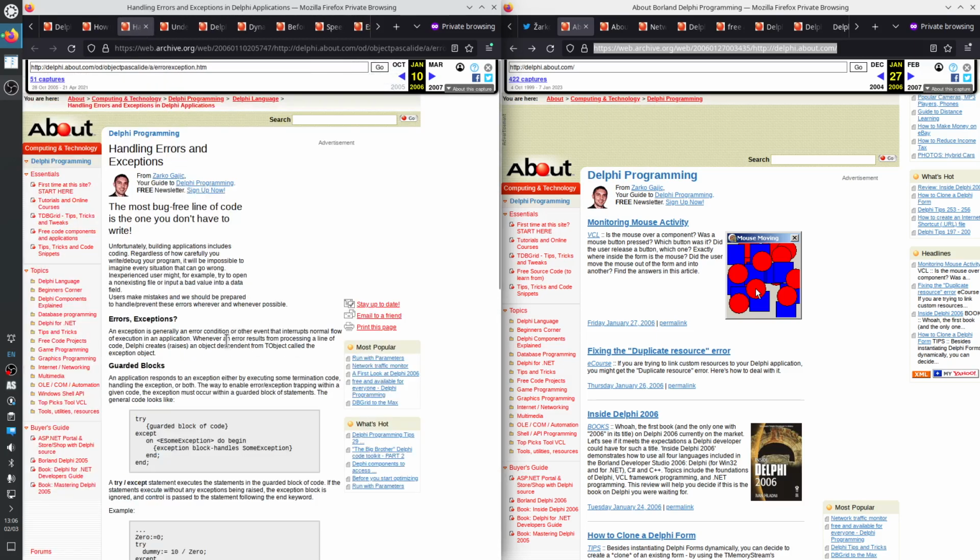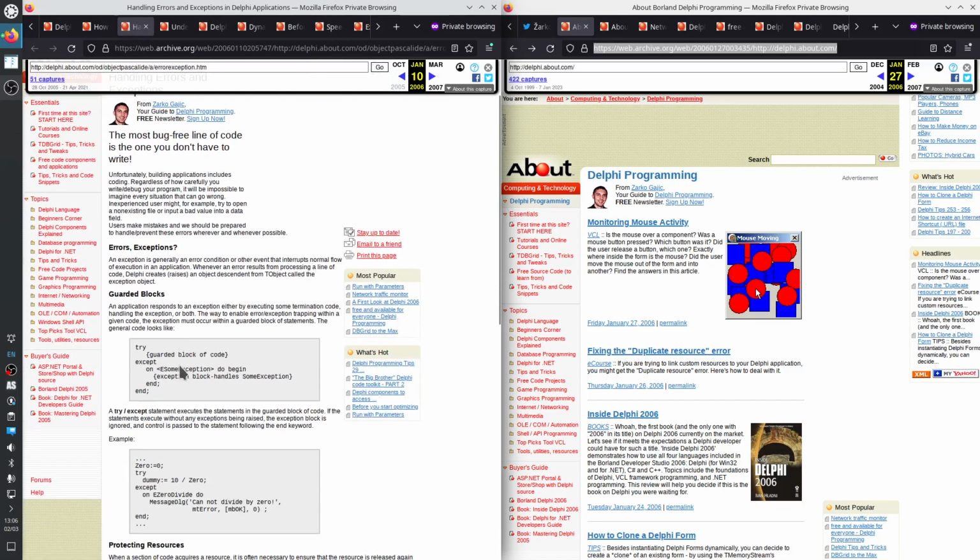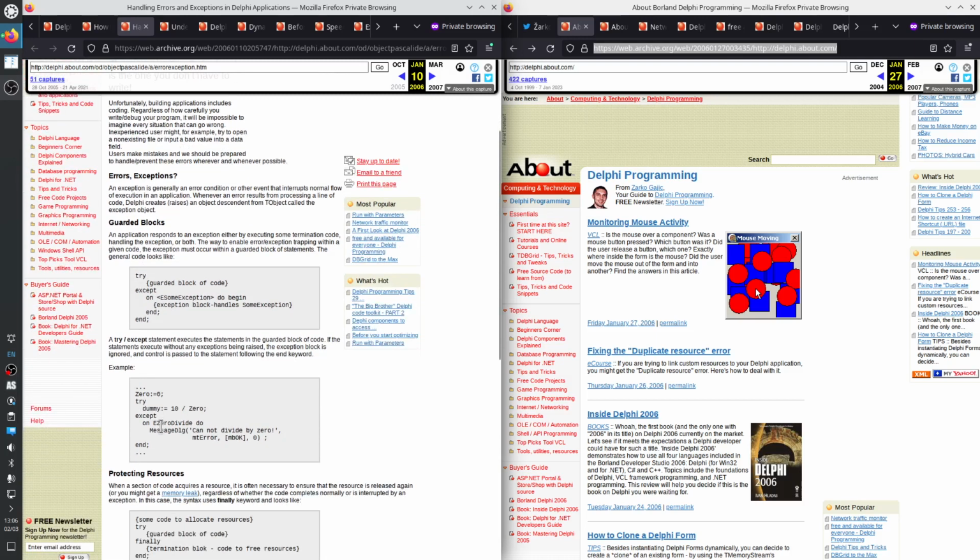Handling errors and exceptions. This is about try except. Do use begin and end around the block where you handle the exception.